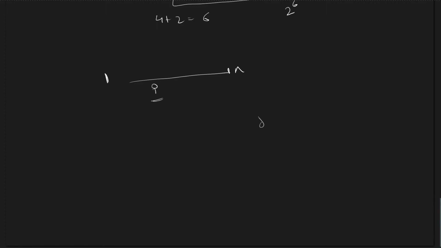For example, 8 could contribute 3 2's, 4 could contribute 2 2's, and 6 could contribute 1 2. So for all of these I between 1 and n, I can find their contribution. At the end, what I can do is just sort it. For example, let us take 1, 2, 3, 4, 5, 6, 7 and 8. This will have contribution 1, this will have contribution 2, this will have contribution 1 and this will have contribution 3. So I can just sort their contribution,